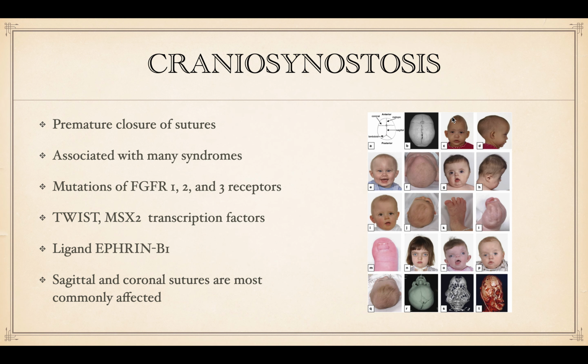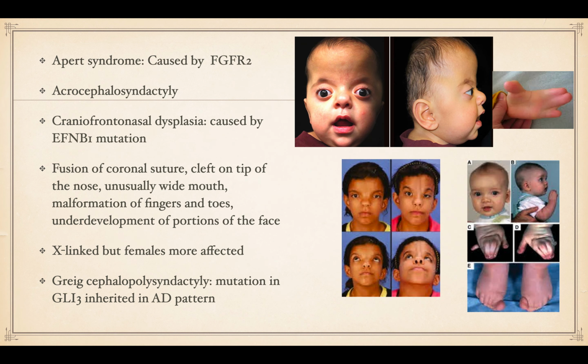So to compensate, there's going to be frontal bossing and then occipital enlargement. Here is the, I can't even pronounce it, but it's when the head is triangular shaped. Here, as you can see, the parietal sutures have fused early, and like I said, it's associated with a lot of other genetic defects. Okay, so Apert syndrome is caused by FGFR2, and it's